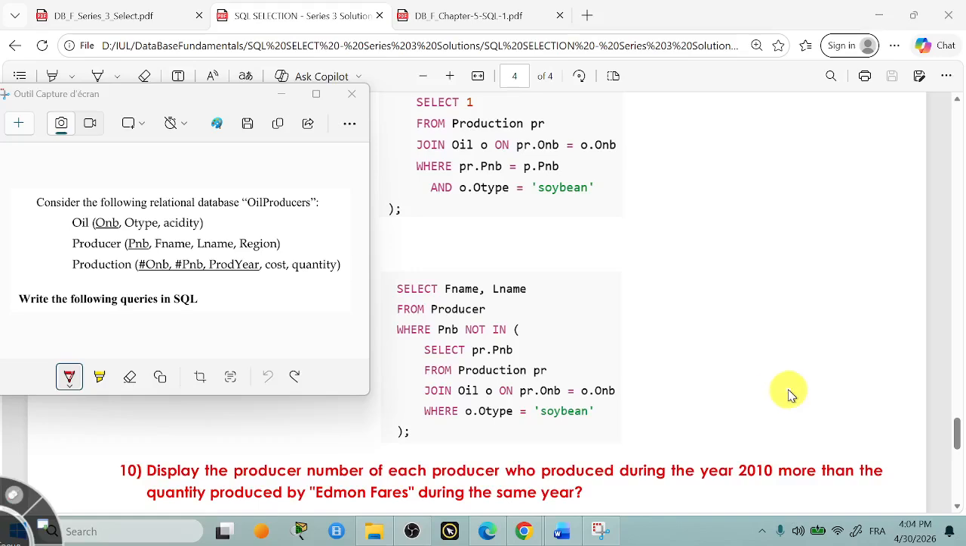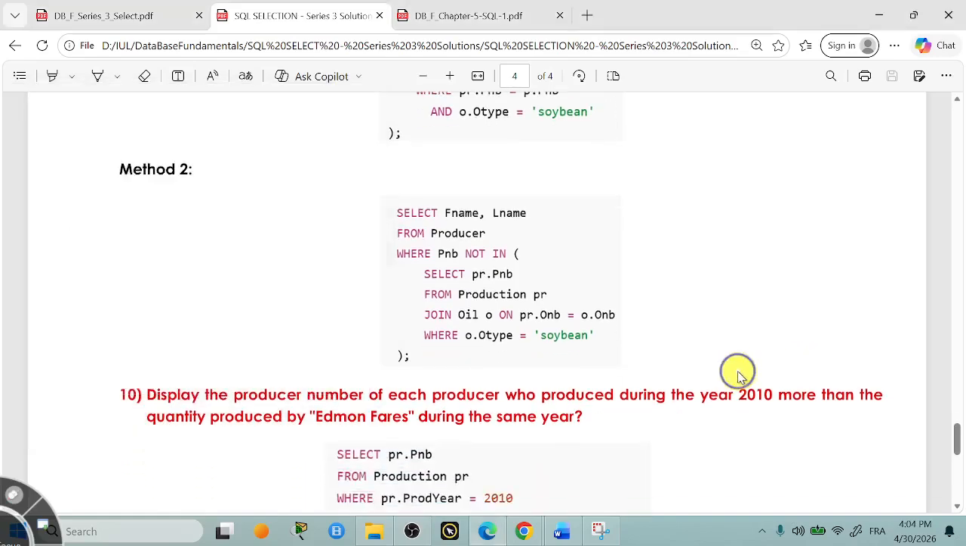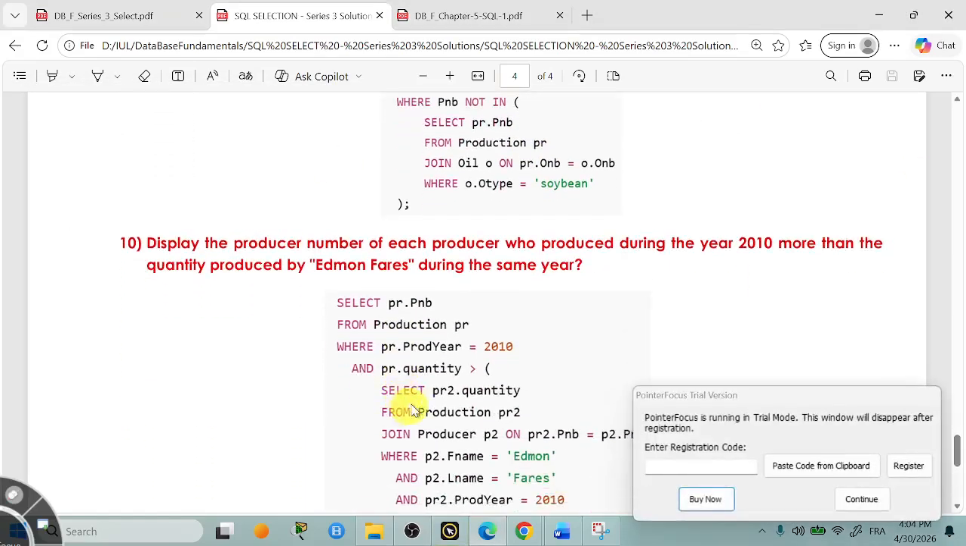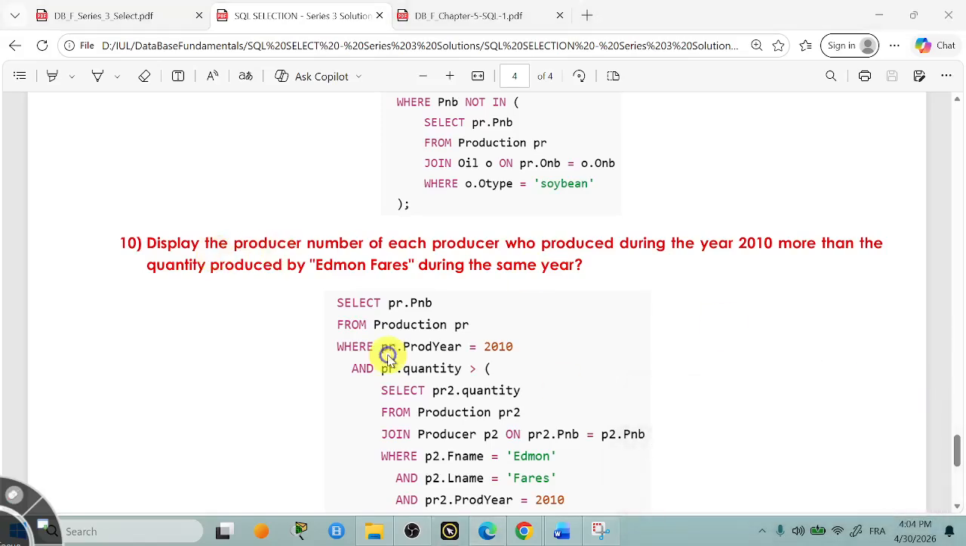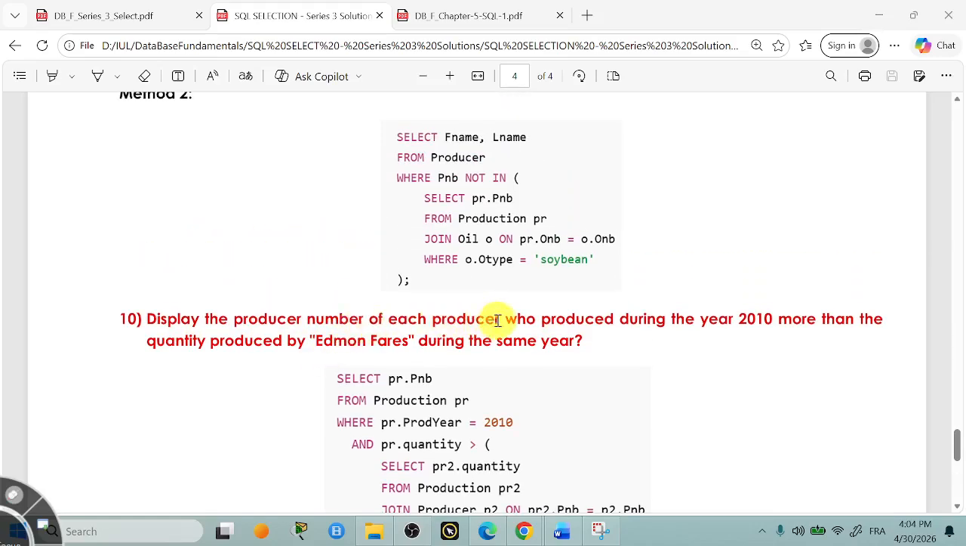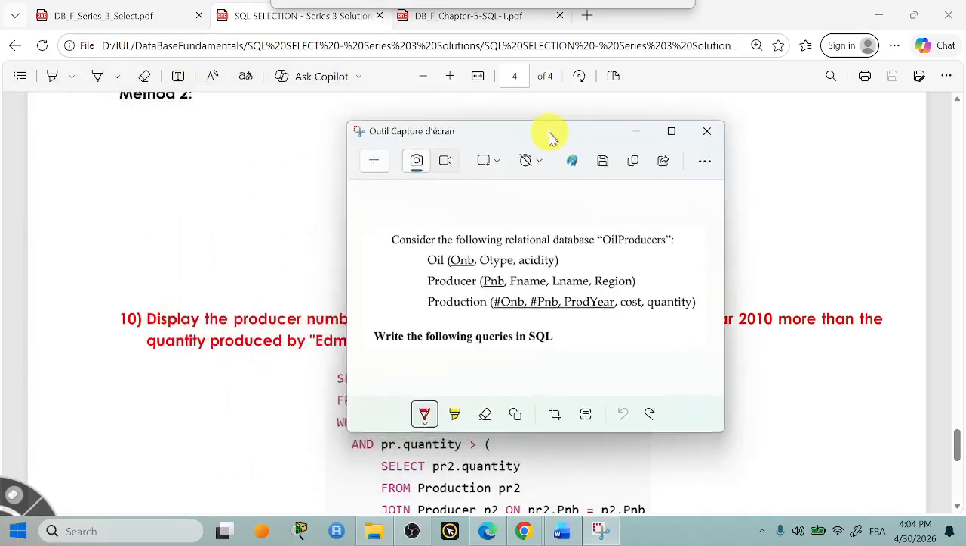Now, exercise 10. Display the producer number of each producer who produced during 2010 more than the quantity produced by Edmond Ferris during 2010. This is very, I think,